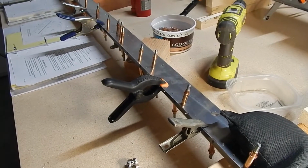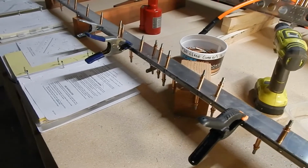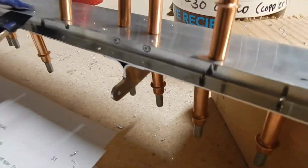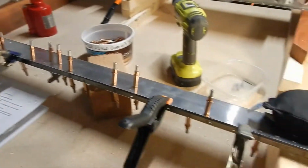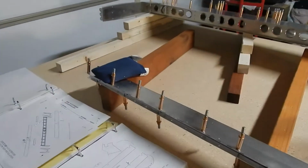The next step on the trim tab, after you've Clecoed the bottom of it and Clecoed the horn, the trim tab horn, you turn it over to the top side. You get it on some level wood, level it, weight it at each end or wherever you have twist in it, get all the twist out of it,